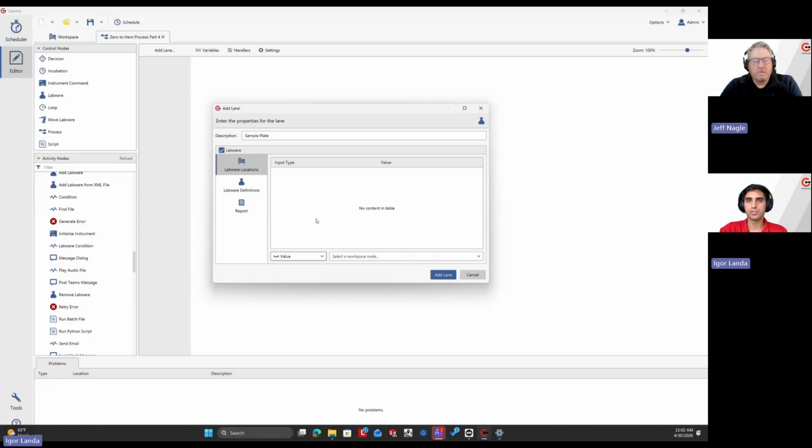Yep, so we're going to demonstrate both. So for our sample plate, we can use lane labware, and then for our destination plate, we'll use the control node labware. So for the lane labware, we have to specify the location first. So we're going to select a zone, and we're going to select our sample